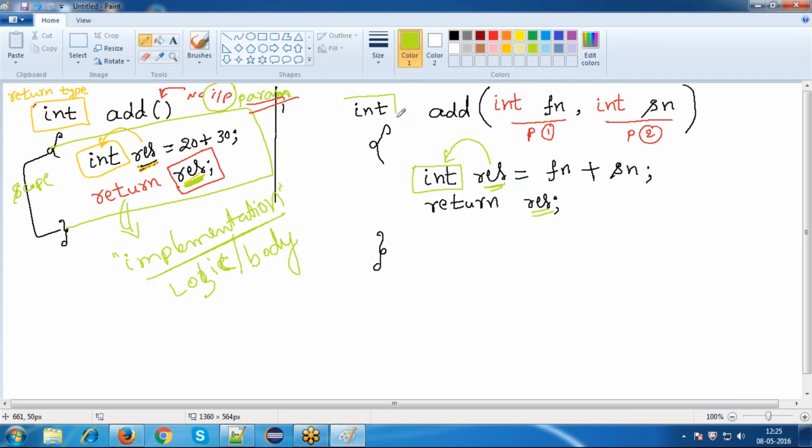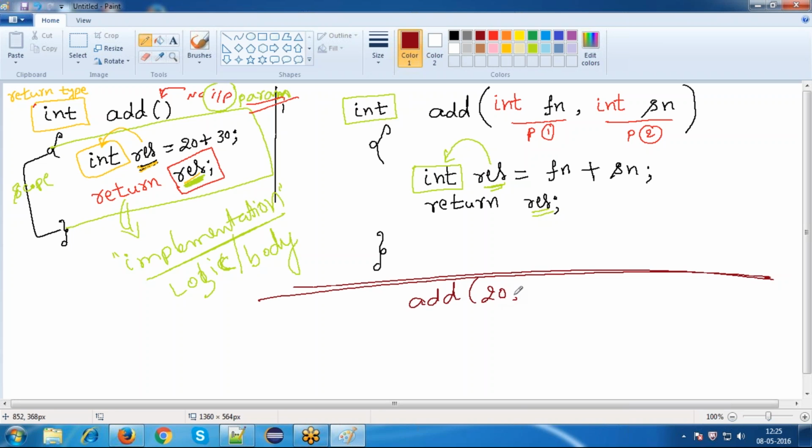Observe this color combination, you may understand. I'm returning the result. The data type of the result is an integer, hence the return type must also be an integer. Now this is a very generic method. You can call this method any number of times. You can call add and pass 20, 30. You can call add once again with 500, 600. You can call add once again with 1000,